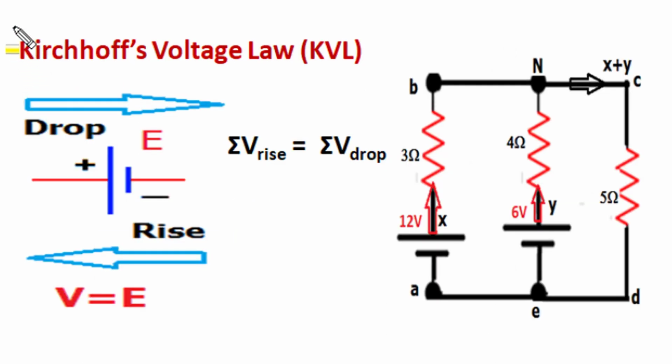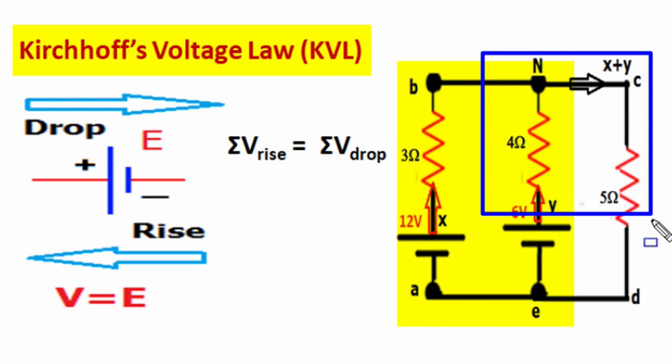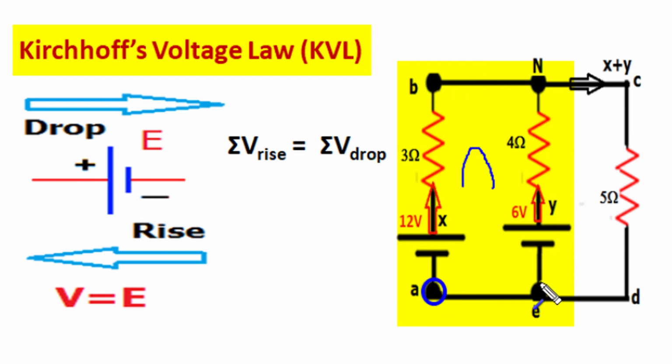The other Kirchhoff law is Kirchhoff voltage law, KVL, and KVL is applicable to a closed part of circuit known as loop or mesh as shown in this yellow highlight or in this blue frame. To write Kirchhoff voltage law equation in a loop, we have to travel in loop. We can start from any node point A, B, N or E or any other convenient point joining resistance arm and voltage source. But we prefer left bottom node of loop as A here, and we have to travel either